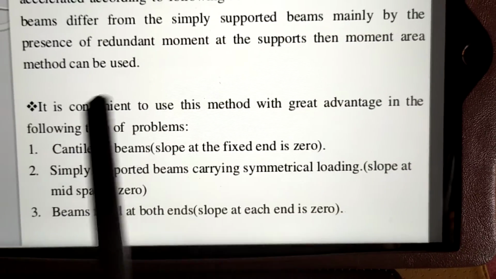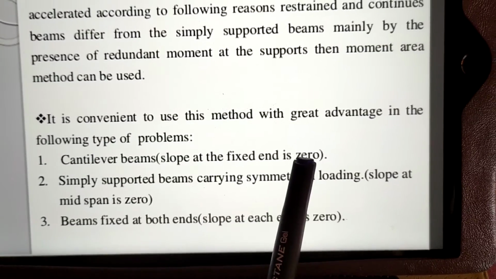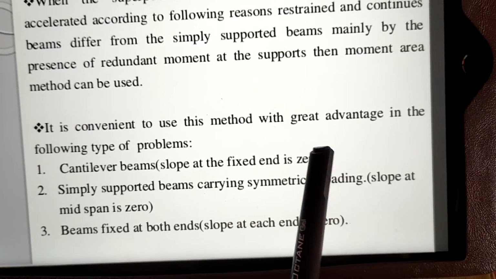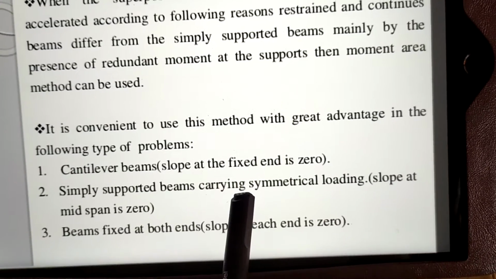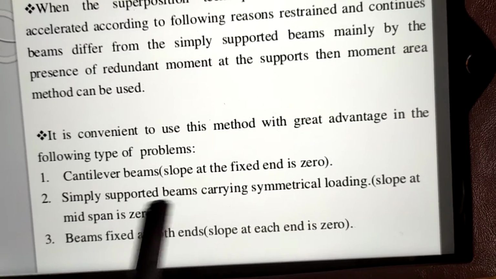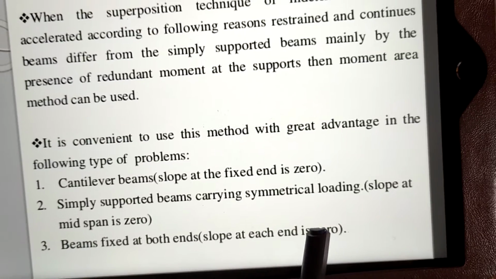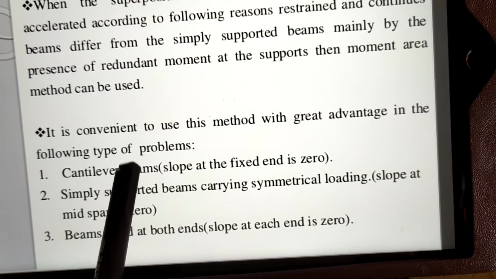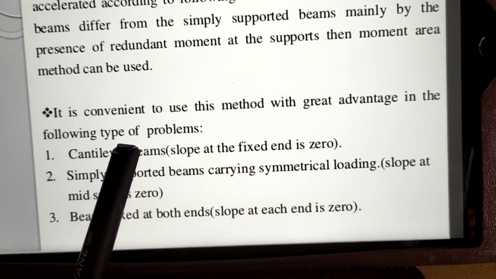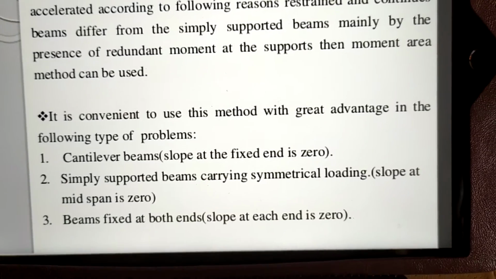So the advantages of this method are: first, in a cantilever beam, the slope at the fixed end is 0. In a simply supported beam with symmetrical loading, the slope at midspan is 0, and in a fixed beam, the slope at each end is 0. So these 3 points should be taken care of while calculating slope and deflection for different types of beam. Next,